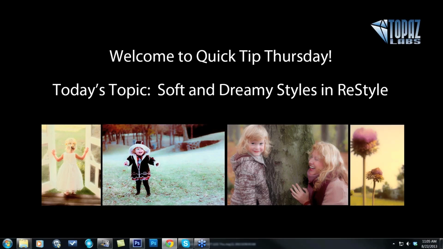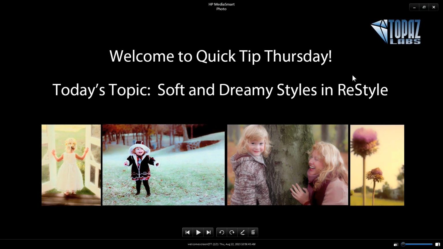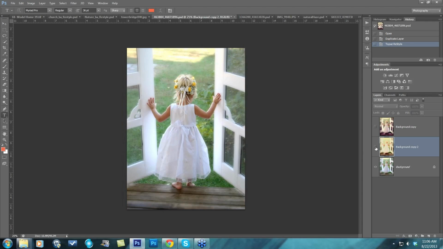So today we're just going to explore those styles in ReStyle and kind of customize. I'll show you the tricks that we have within ReStyle where you can immediately get a softer image. All right, so let's take a look at some before and afters really quickly. Here is the original image